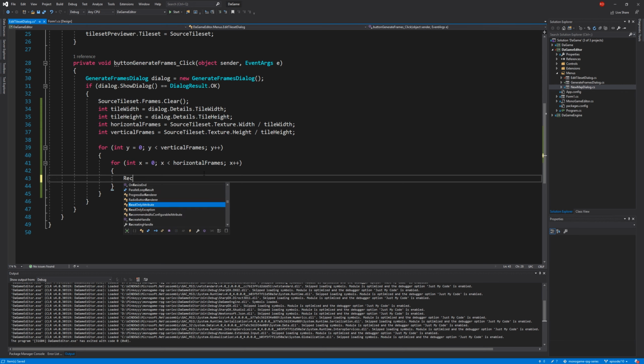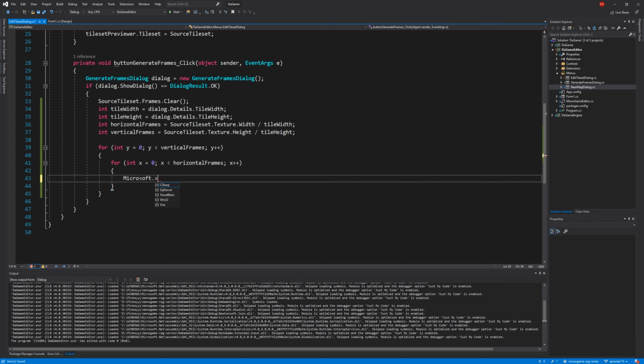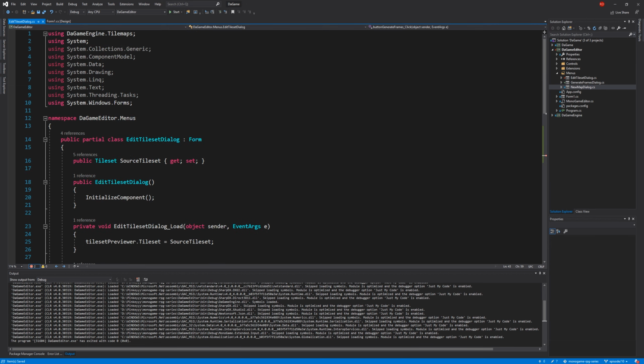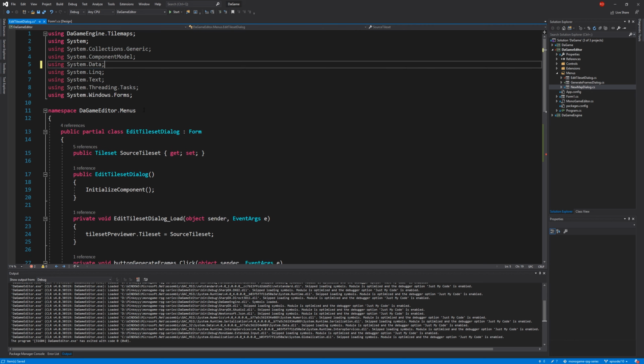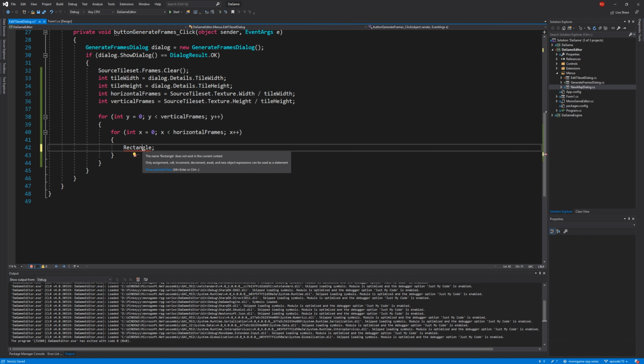Okay, and then we need to just create a frame with this information in it. So to do that, we need a rectangle, which will be a MonoGame rectangle. So we need to make sure we're using the correct rectangle type. So we'll have to go for Microsoft.Xna.Framework.Rectangle, because apparently we're already using the System.Drawing, but we're not, so actually we can remove that. So we remove System.Drawing. We can go back to rectangle here. Control period, using Microsoft.Xna.Framework,